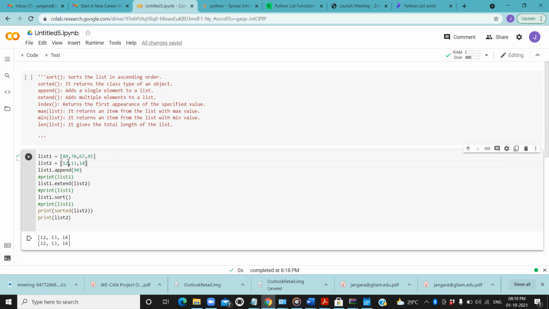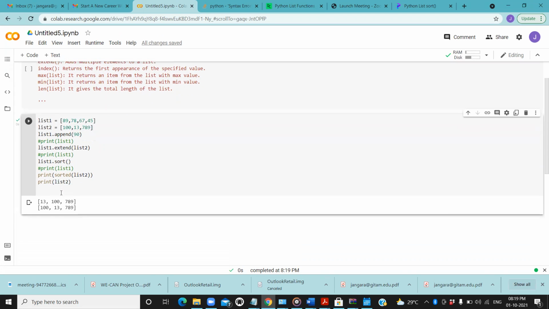But however, let us try to change the elements so that some disorder is going to be there. Now, if I try to run again, the original list2 elements are 100, 13, 789.